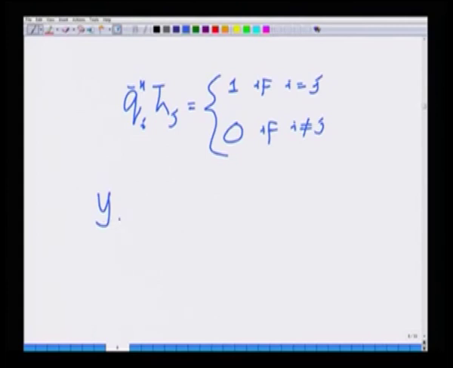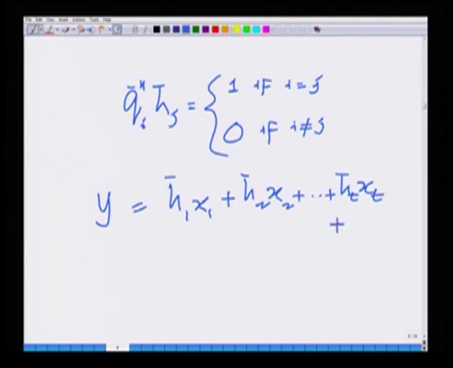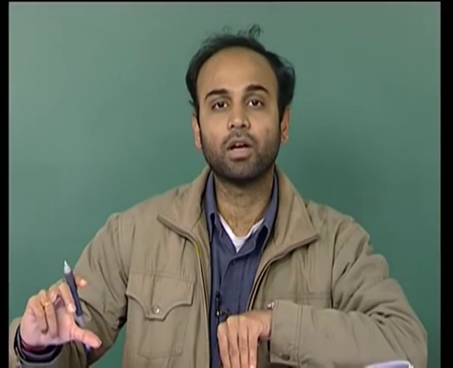So, I have Y bar equals H1 bar X1 plus H2 bar X2 plus Ht bar Xt plus some noise. What I am going to do now is left multiply Y bar by Q1 Hermitian and cancel the interference from H2, H3 until Ht. I will do this as follows. I am going to form Y1 tilde equals Q1 bar Hermitian Y bar, that is, I am going to left multiply by Q1 bar Hermitian Y bar,